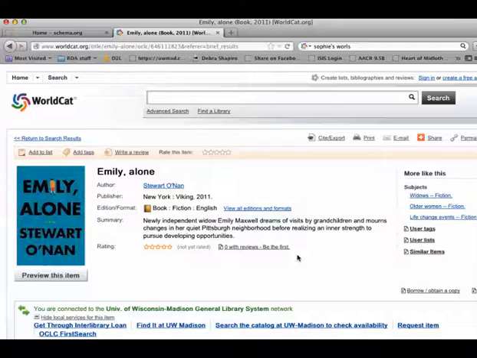Schema.org is a collaboration by some companies like Google and, not Yahoo, but Yandex, which is the Russian Yahoo, and Microsoft, and schema.org is a way to put HTML encoded linked data directly into web pages, and we'll take a look at it. So what we're looking at here is the web display for a book called Emily Alone,